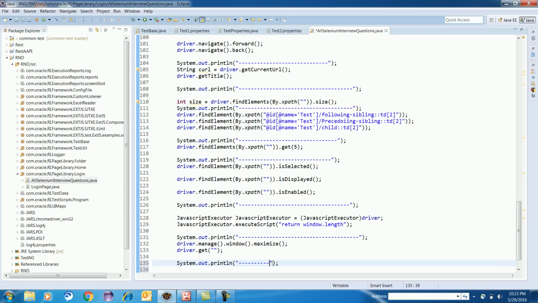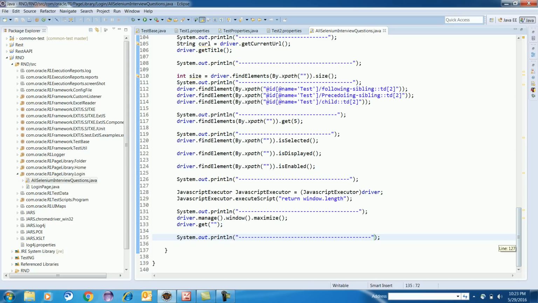And what else? Anything I'm missing? I think I covered almost everything. Anything which I am missing here?